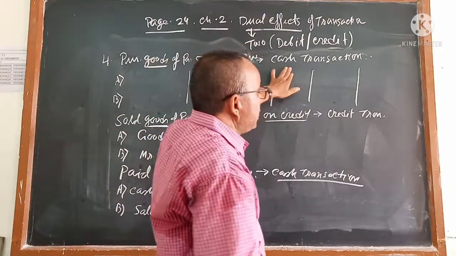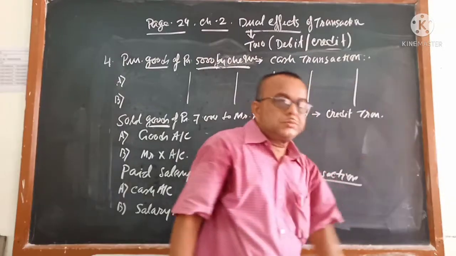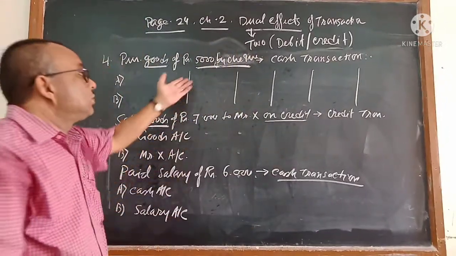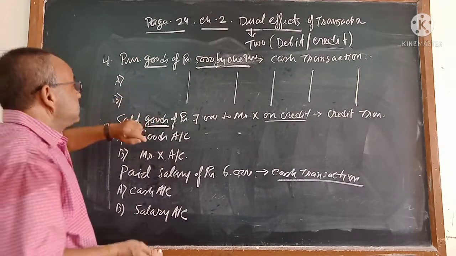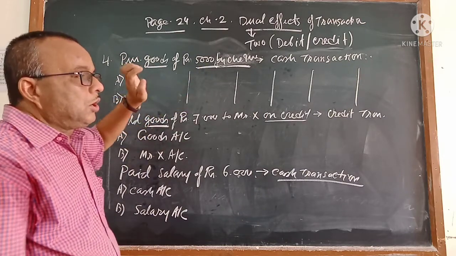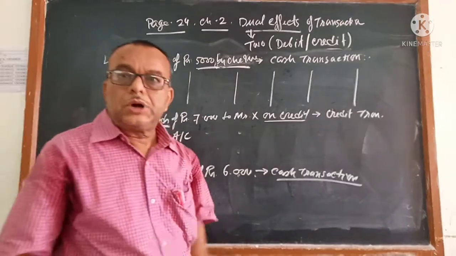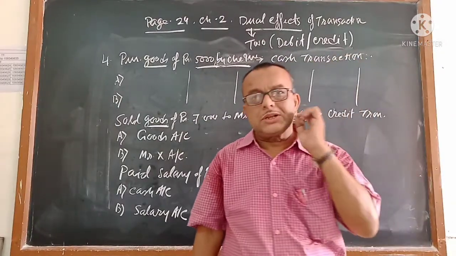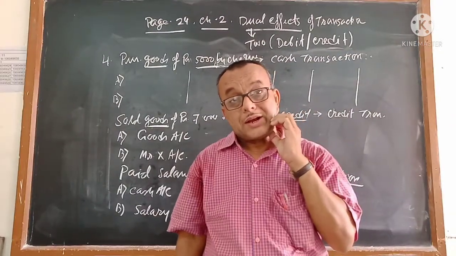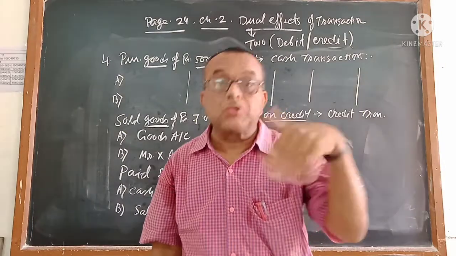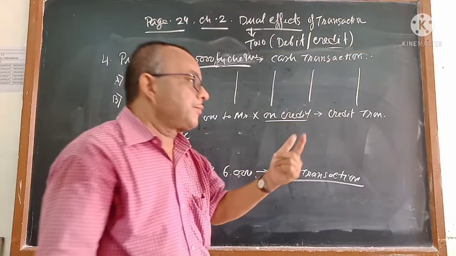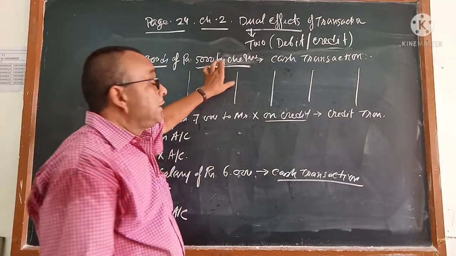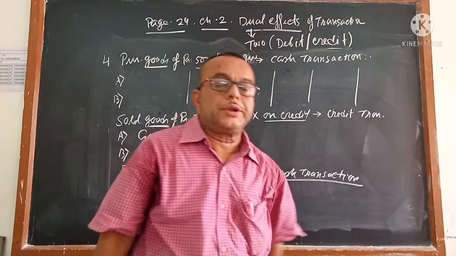Now, is it a cash transaction or a credit transaction? It is a cash transaction. Because I told you, either for cash or by cheque, if it is one of them, it becomes a cash transaction. Now there are two things. If it is a cash transaction, I told you one will be the cash account. That means, out of the first effect and second effect, one will be the cash effect. But keep in mind, if it is by cheque, then in place of cash, the bank account will be written.